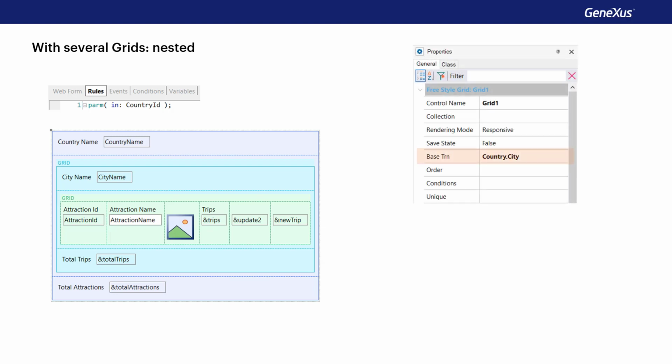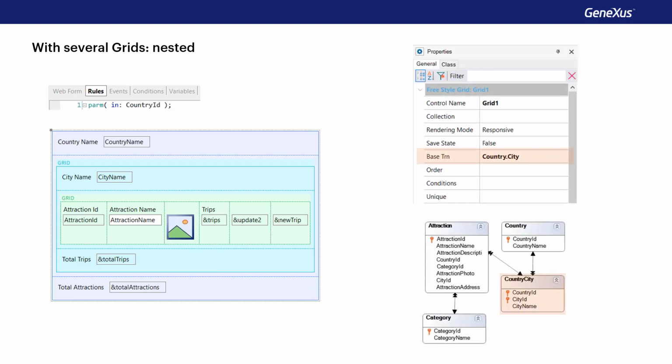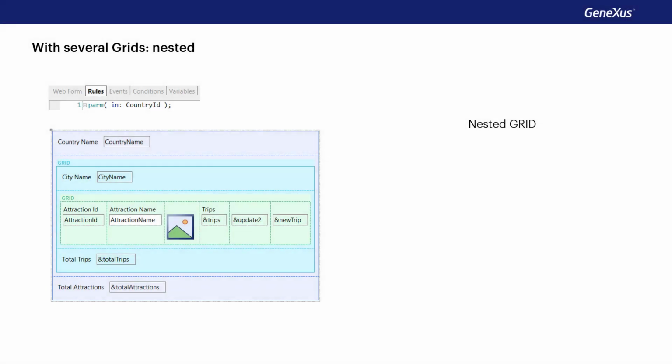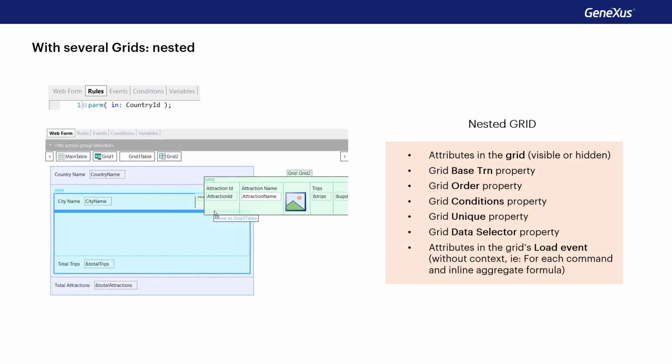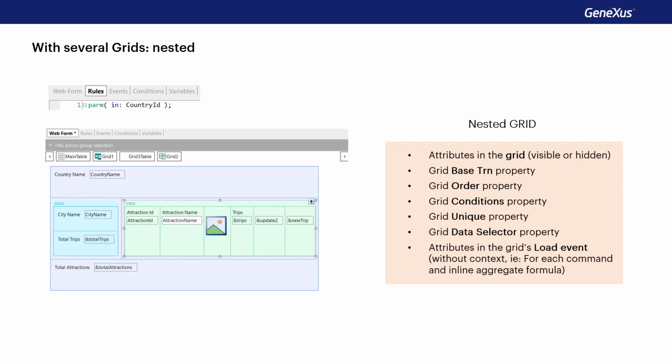When a base transaction has been specified, it'll have that base table, and all the attributes mentioned will have to belong to its extended table. If no base transaction has been specified, then Genexus will find the minimum extended table containing all the attributes mentioned, and it will then select its base table as the grid's base table. The base table of the nested grid is determined as if the grid were parallel and not nested, except that it'll be the same as for determining the base table of a nested for each.